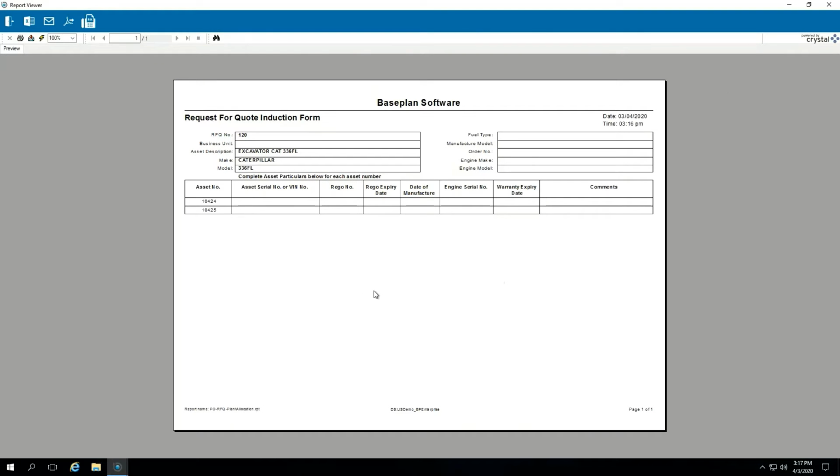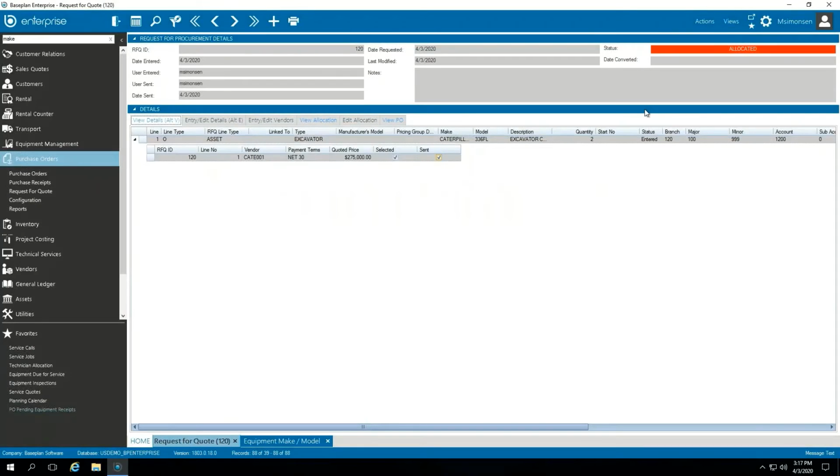And you can see here, it's automatically generated a request for quote induction form where it's given us the asset numbers. So the people internally that are going to be receiving the equipment can be prepared. Now you can see that the status is now changed to allocated. So what we can do is we can actually go up to actions and then convert this to a purchase